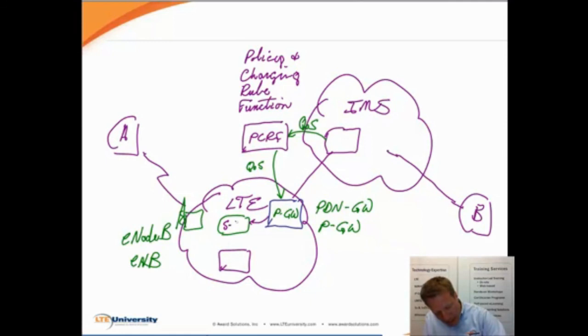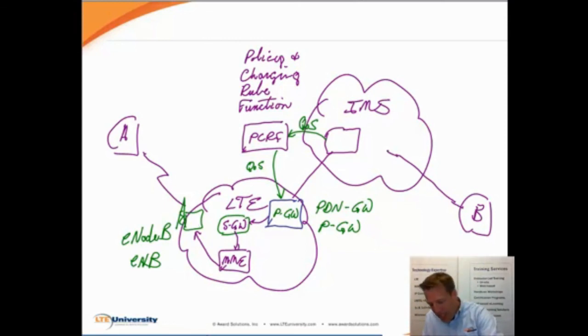In fact, I'll write the names in there for the nodes in case you're familiar with them. Otherwise, it's probably not that important that we go into too much detail. But then we end up communicating the requirements for this session to every critical node that's going to be handling this data traffic. And it culminates with a communication down to the actual eNode B, the base station that's going to be transmitting it over the air. Each of these nodes becomes aware of the QoS requirements of this particular stream of information.